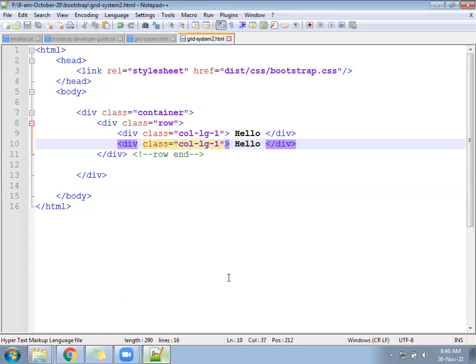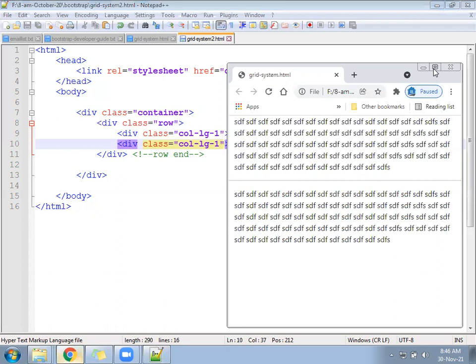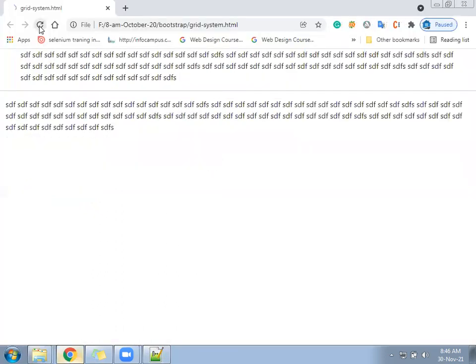Let us check. See here, this is the grid system 2.html file. Both are in the same line, hello and hello.